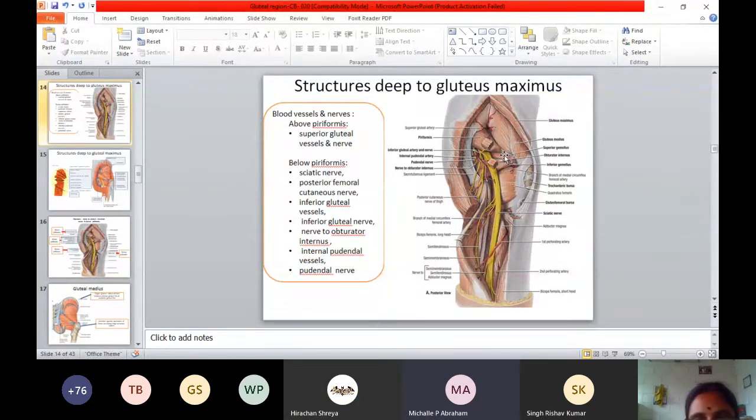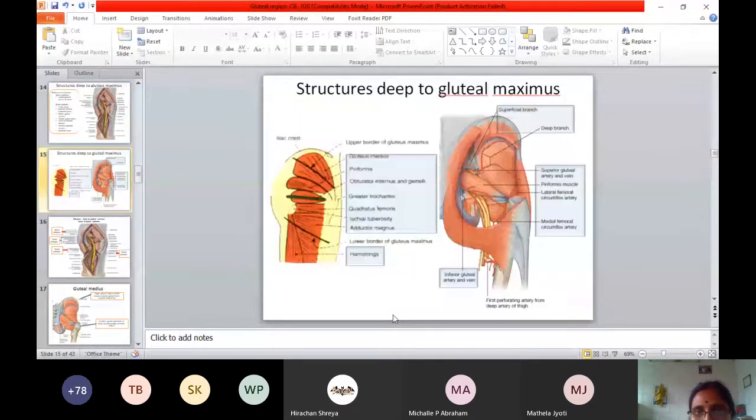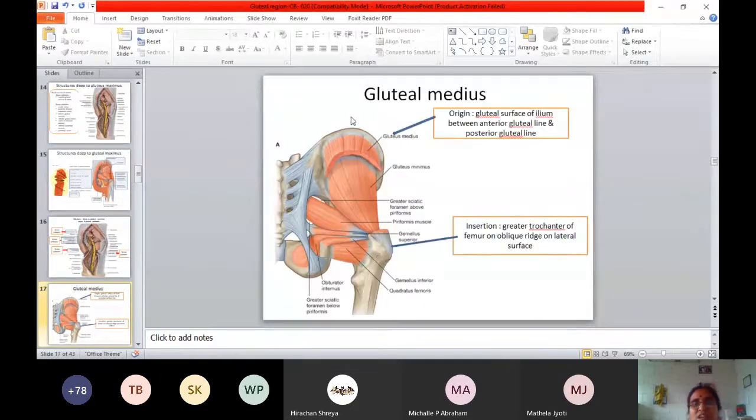Superior gemellus. Gemellus means twin, T-W-I-N. Yes, ma'am. Then there is a tendon of obturator internus. This is inferior gemellus. And what is the name of this quadrilateral shaped muscle? Quadratus femoris. Then the origin of the muscles of the back of the thigh. What is the name of the muscle of the back of the thigh? Hamstring. Ham means back. String means it resembles a thread. So hamstring muscles. Okay.